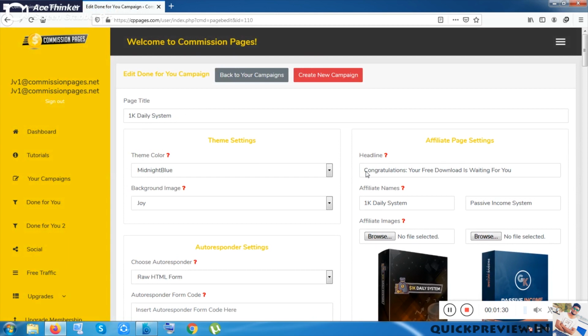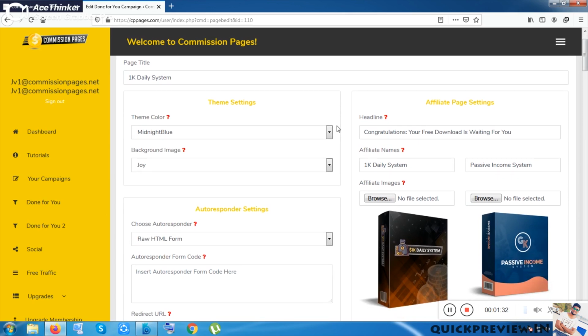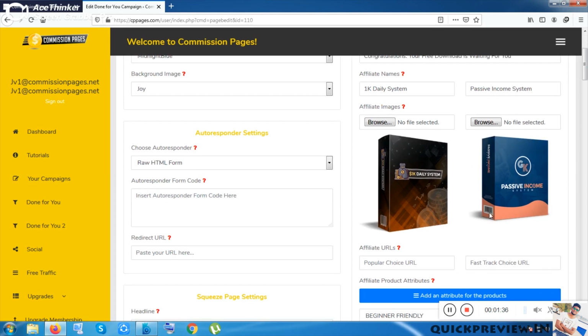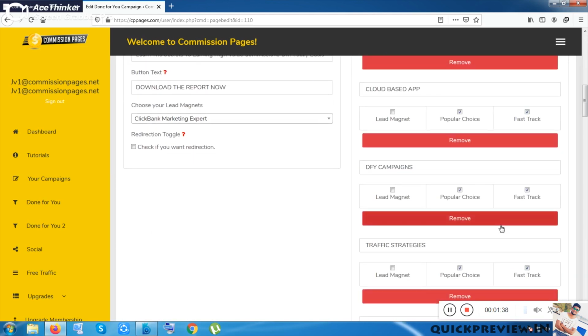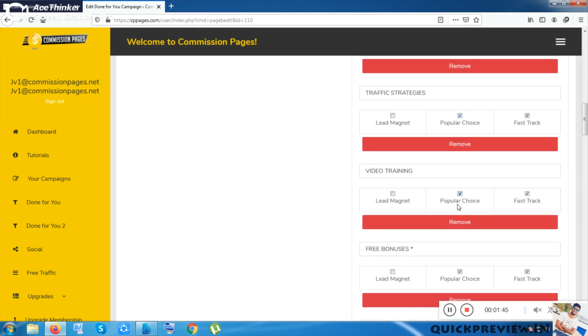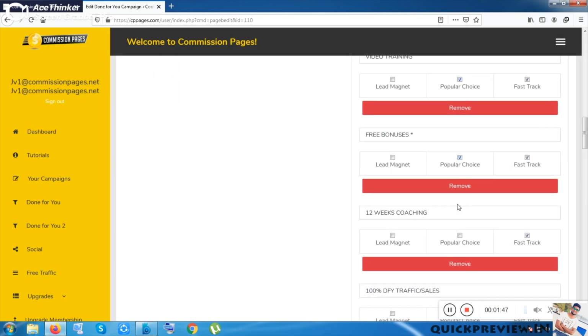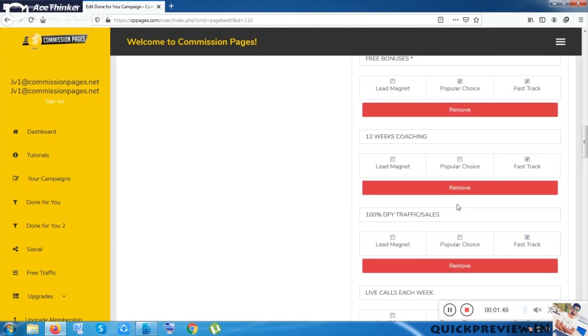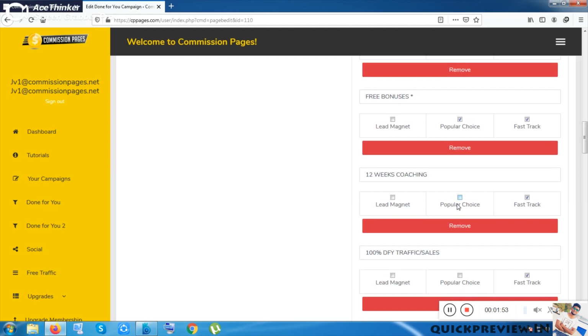You can see the headline, the theme color, the background images, and everything. If you want to give any lead magnet, popular choice or fast track, everything will be very handy. I am using this software for the second time, so I can't give you a detailed, in-depth overview.